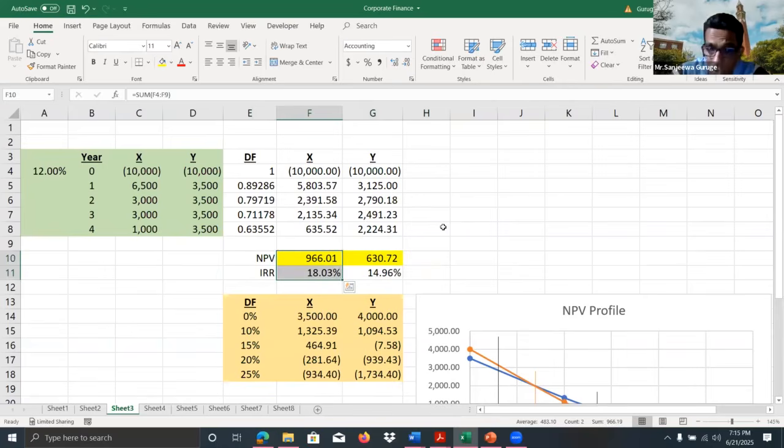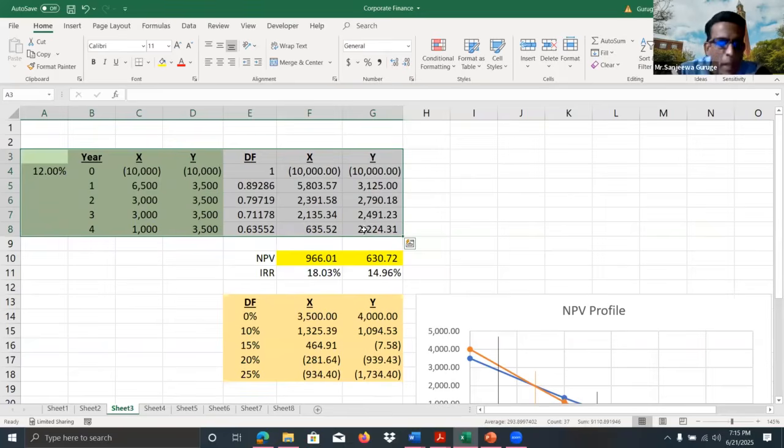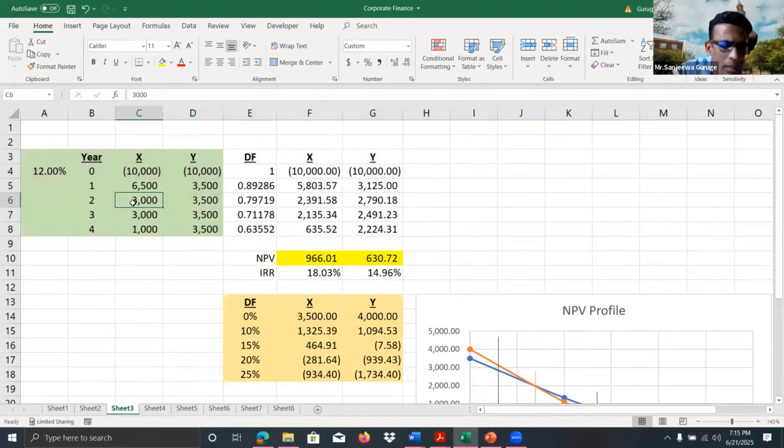There is no conflict. But if the cost of capital changes, because we know this analysis, as I mentioned earlier, is entirely based on estimates. And if the cash flows change, right? If the actual cash flow is different to this projected one, there will be a change in the net present value, right? And if the cost of capital changes, this will change.